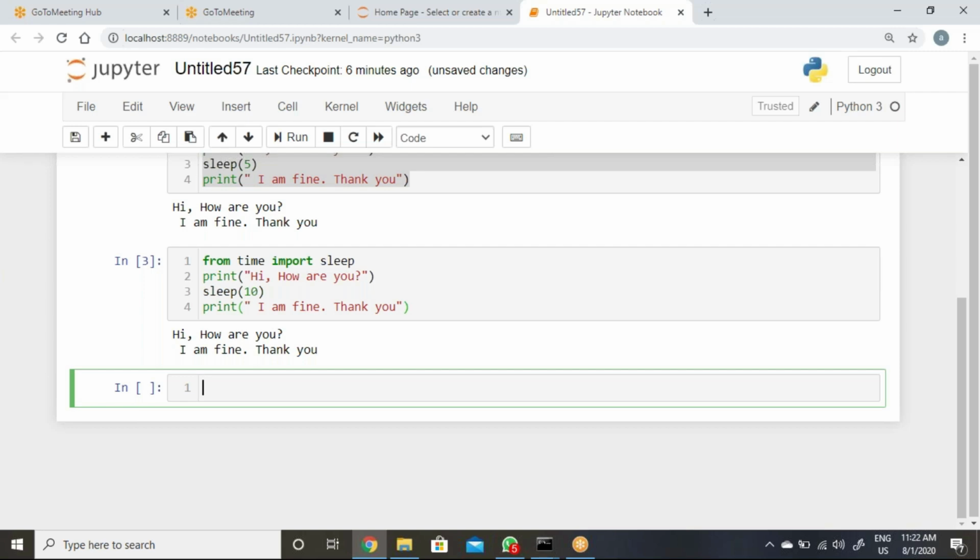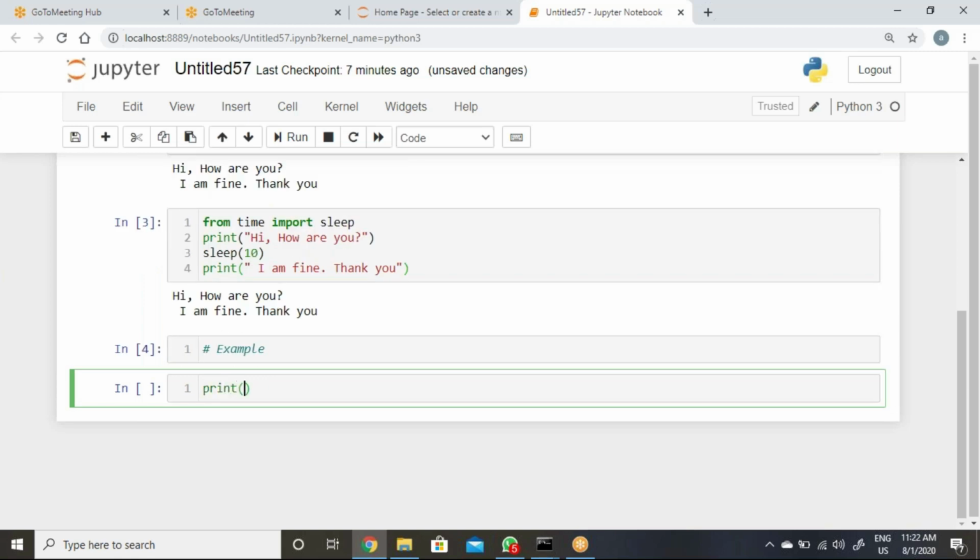Let's try one more example. So print, then take here "are you there" example. Then what we need to understand here, let's see, end equal to, like this.